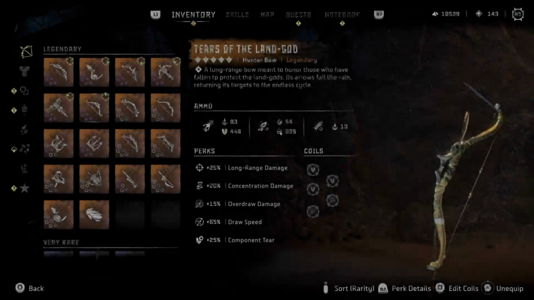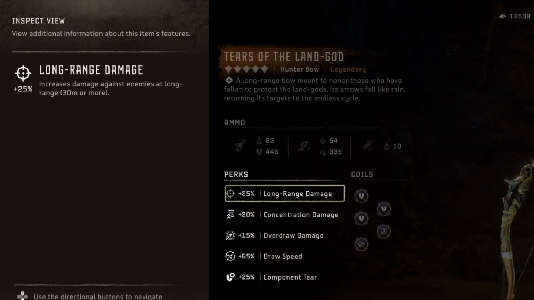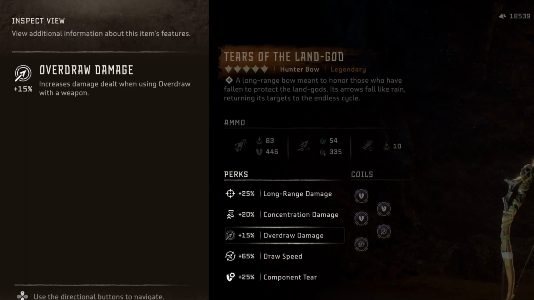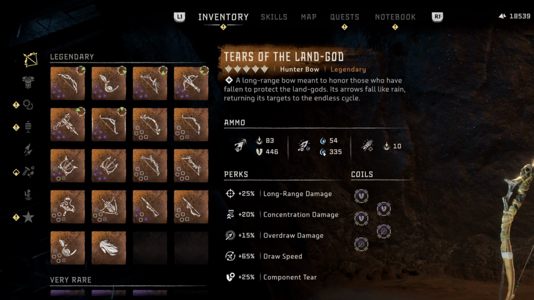Let's take a look at my Tears of the Land God Hunter Bow as an example. You'll see that the perks it comes with are 25% long range damage, 20% concentration damage, 15% overdraw damage, 65% draw speed, and 25% component tear. Now, because I don't typically use my hunter bow at long range, boosting the 25% long range damage doesn't really do much for me. And the 65% draw speed already seems pretty good, so let's focus on boosting the other